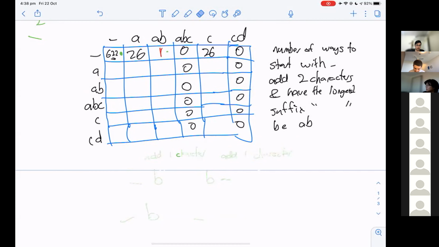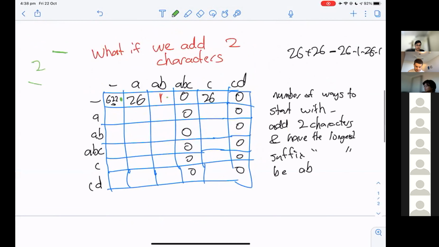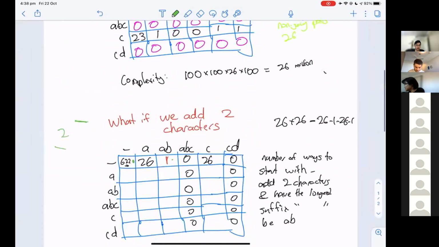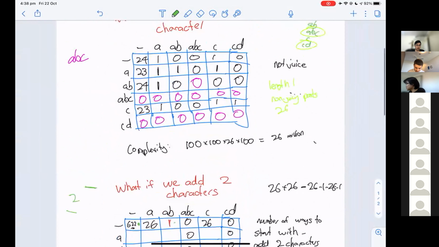And if we do this for every character, so we sum this value for every character, we're going to get our 622 in here. So what does that look like? Well, for A, it's going to be blank followed by A, which is this, multiplied by A followed by blank. That's this here. So we're going to have 23 times 1. Then we're going to add, what about B?